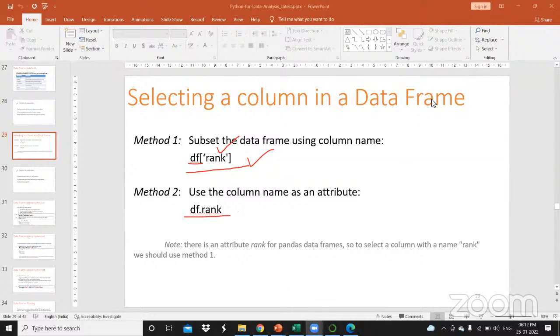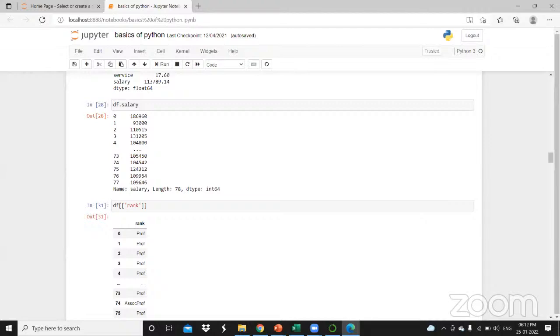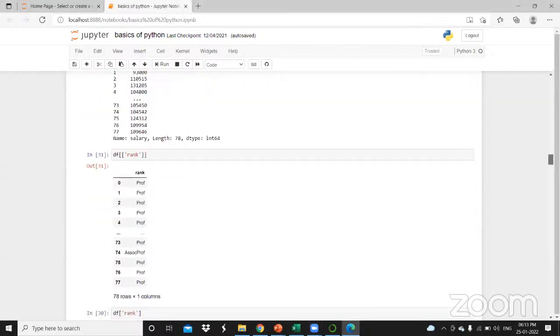Let's try both the methods. So as I have mentioned it over here for the salary column. So df is the data set in which we have stored our or imported our data. And we have the salary column in our data set. So that salary column, I have mentioned it over here. So you can see only the values from our salary column have been displayed over here, 0 to 77. And you can get the column name over here. Apart from that, you can also execute by passing that salary column in a